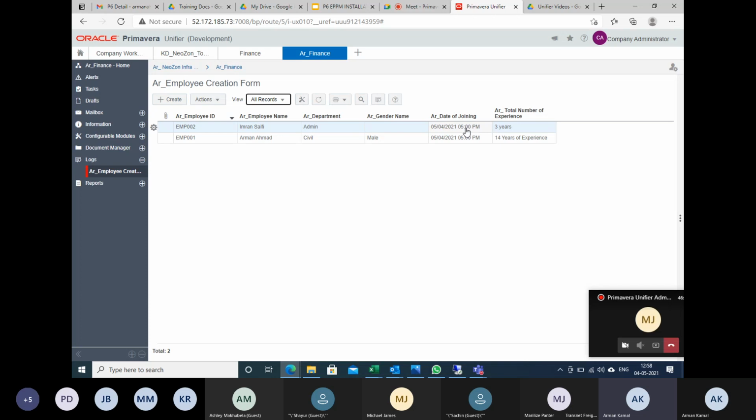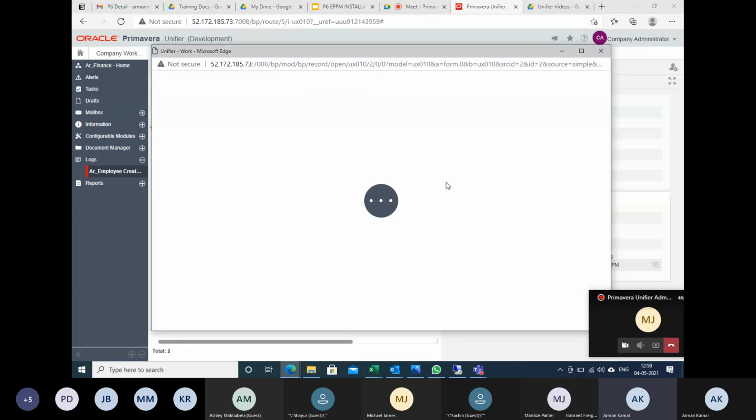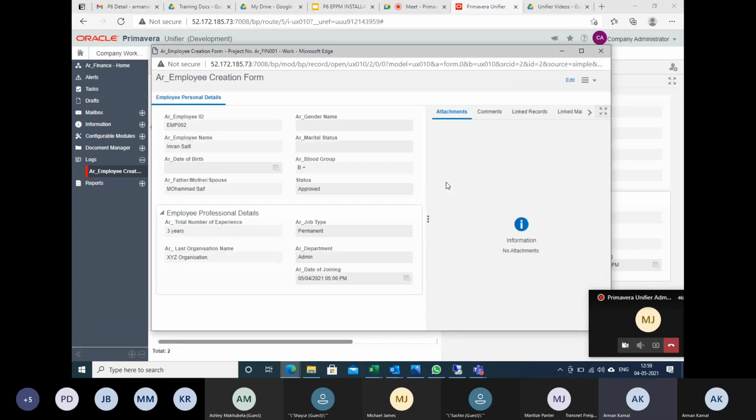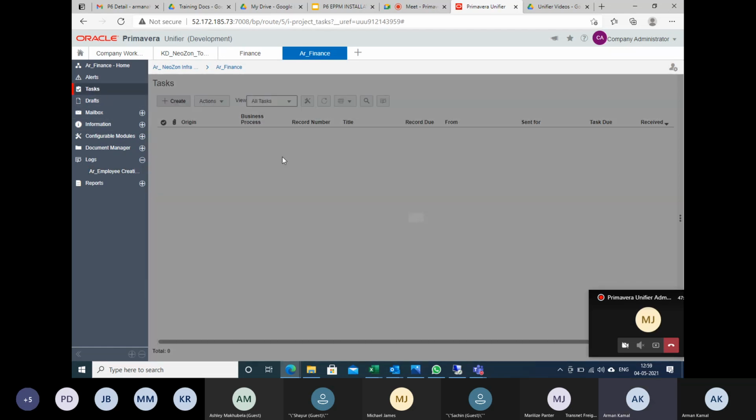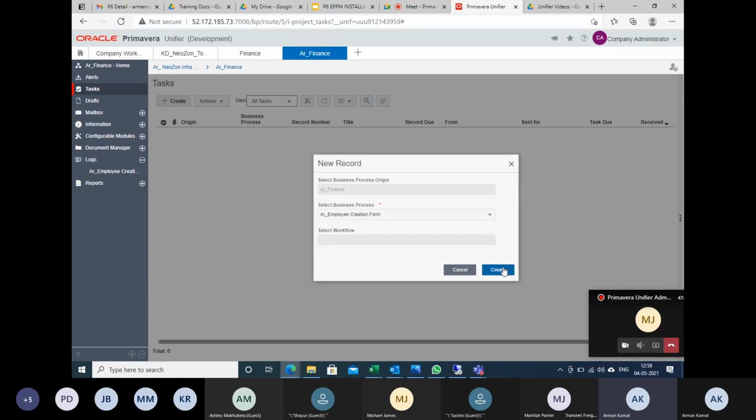But here, what was happening? I just made it mandatory. That means I'm not changing something which will hamper the existing record. You're getting the point, right? So you can see this record is safely entered. You can see that there is no change. Since as an admin I have control to change some data also. Now let me create one more record so that we will have plenty of records.